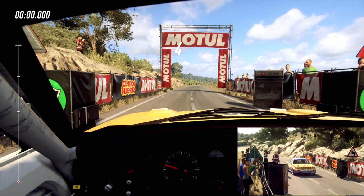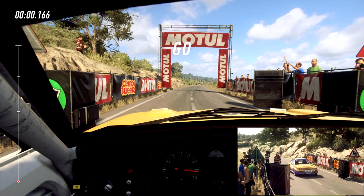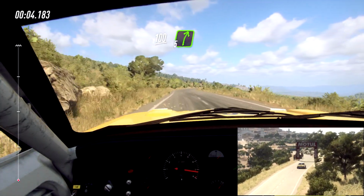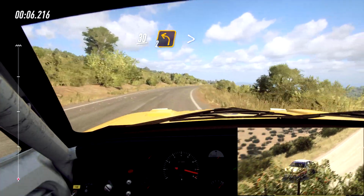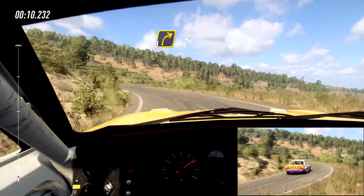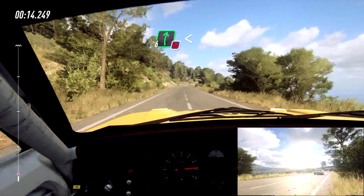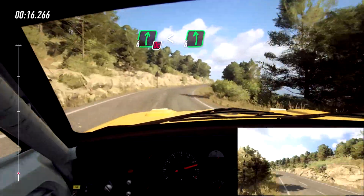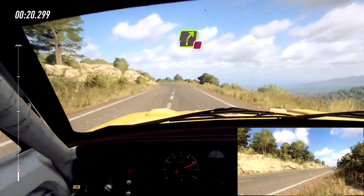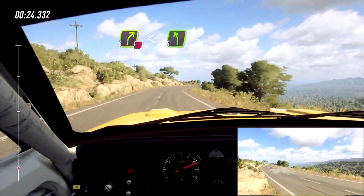5, 4, 3, 2, 1, go. 1 A bit of a delay start there. 30, 2 left tightens. Into 3 right long, opens 50. Don't cut 6 right, opens of a crest, into flat left 100. Early 4 left, 4 right, extra long, don't cut, opens into 5 left, opens